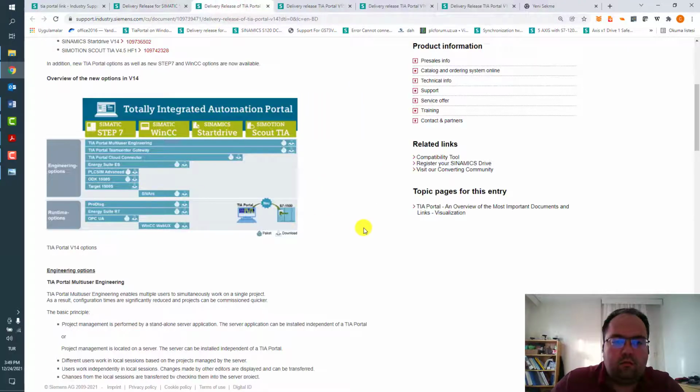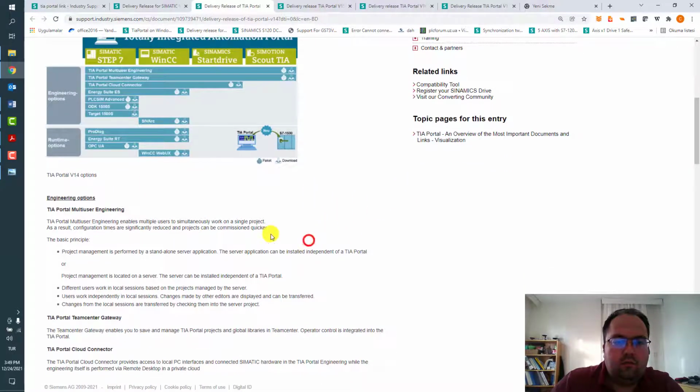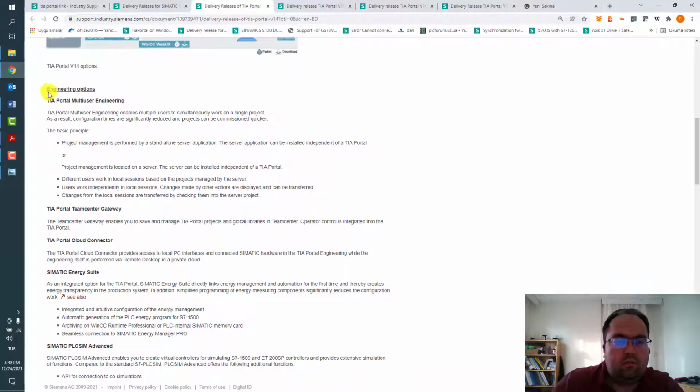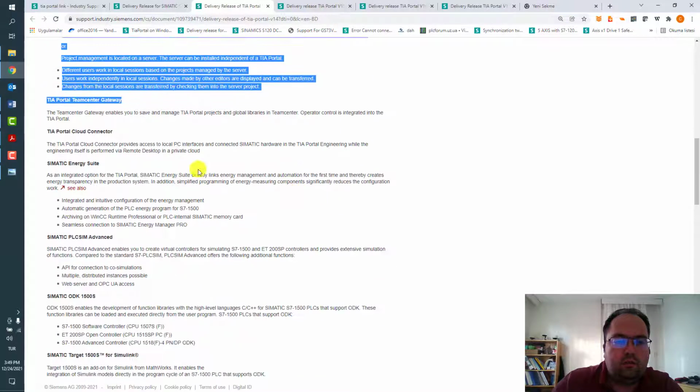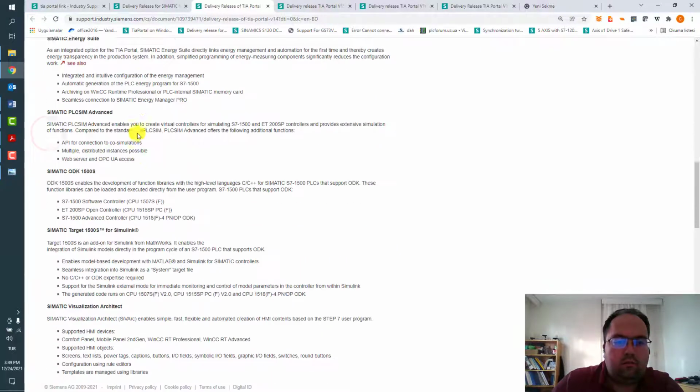Or from time to time there are innovations in the software for PLC to PLC communication instead of Step 7 communication. And you can read later on the details of the engineering options such as Cloud Connector